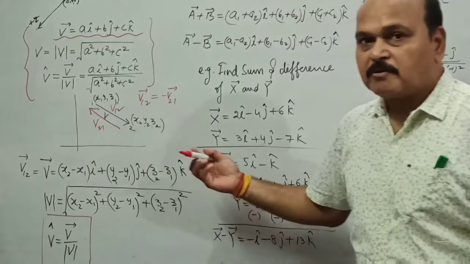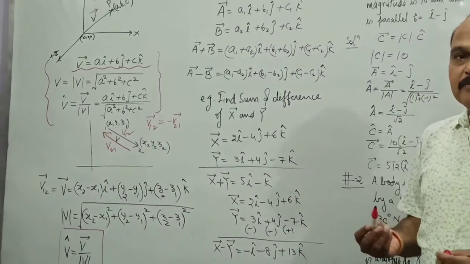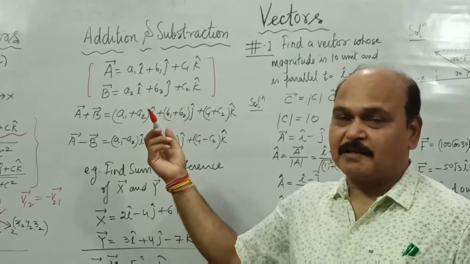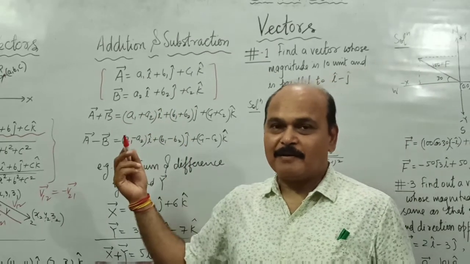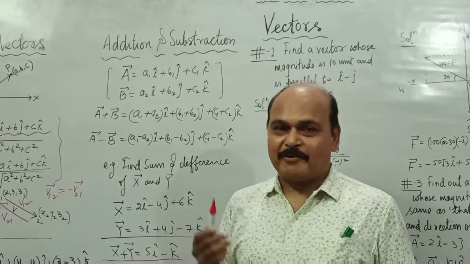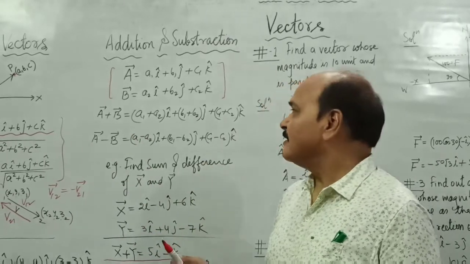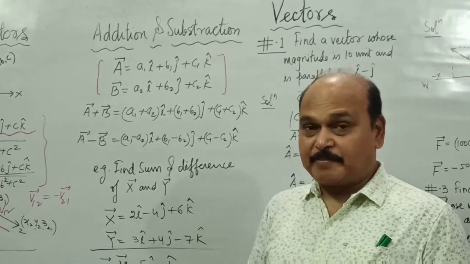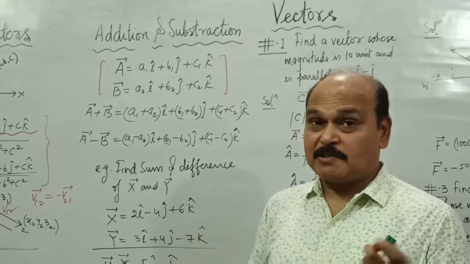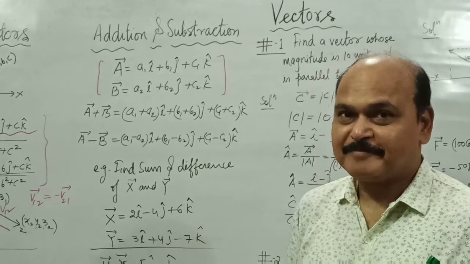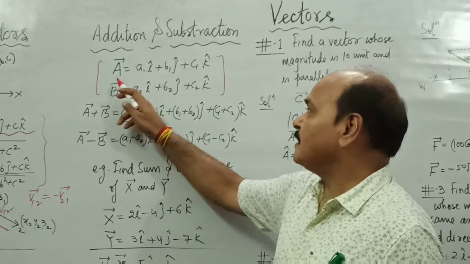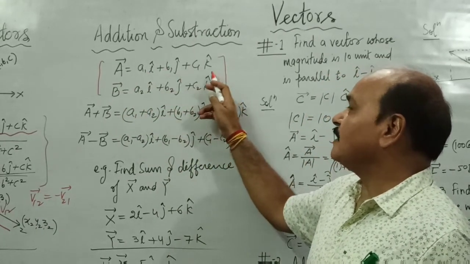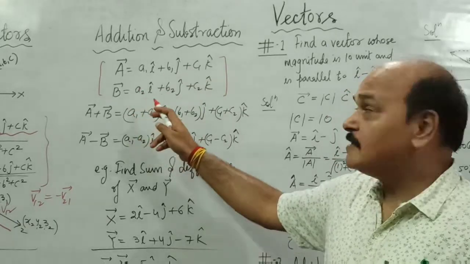Now children, let us talk about the sum and difference of two position vectors. The subtraction of two position vectors is very simple, and it's going to be child's play for all of you. The addition and subtraction is exactly similar to the addition and subtraction of algebraic equations which you have done in class 7. So if this is vector A as a1 i plus b1 j plus c1 k,